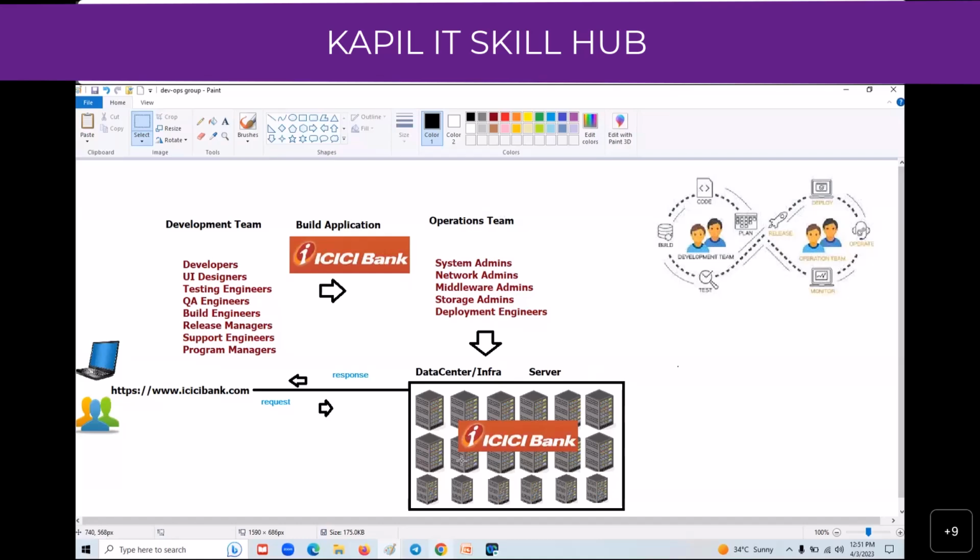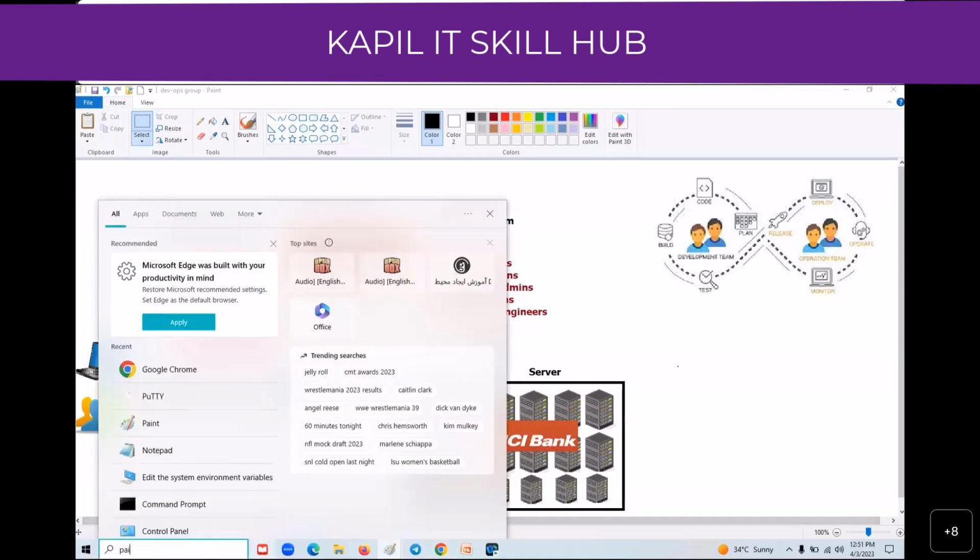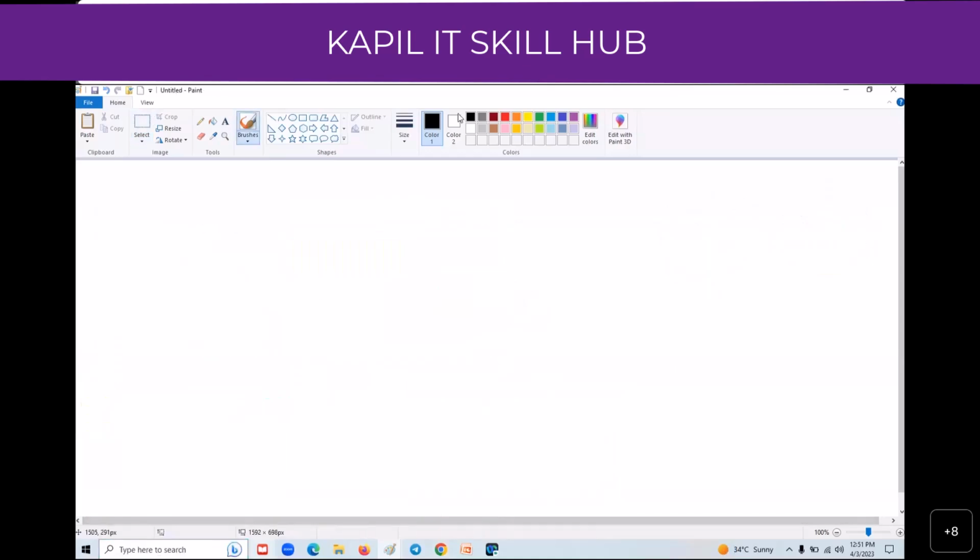This application is available in all the servers and giving the proper services to your end users 24/7, 365 days. That is their job. Now, let me explain here before DevOps implementation, what kind of approach we were following, and after implementation of DevOps, how these applications will be developed, and how it brings that speed and enhancement with the implementation of the DevOps tools. Let's see that.